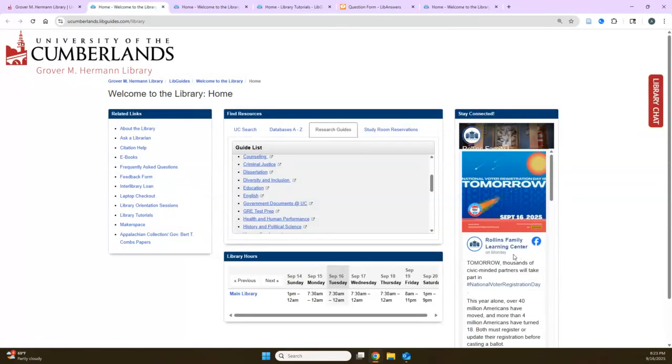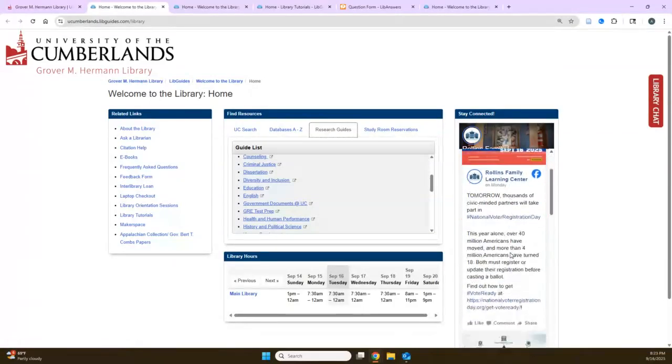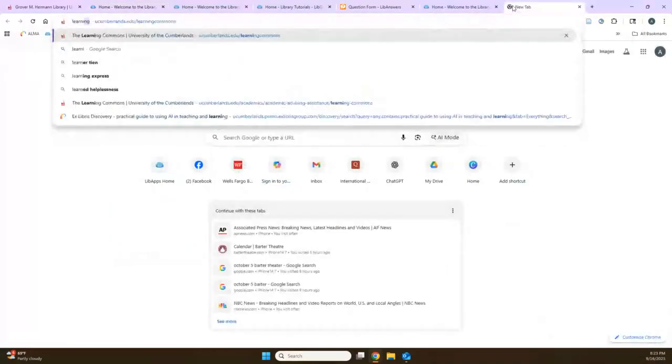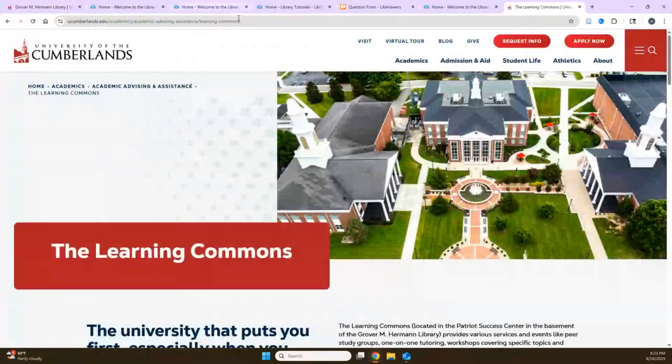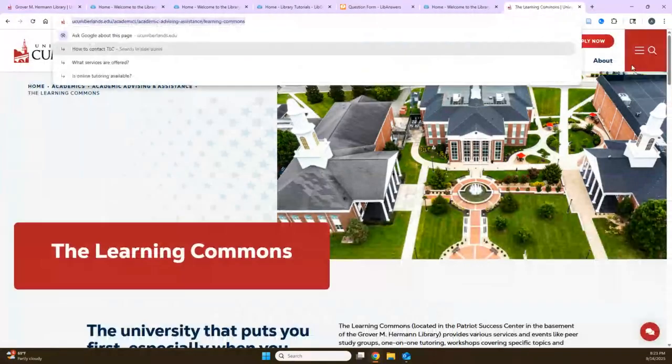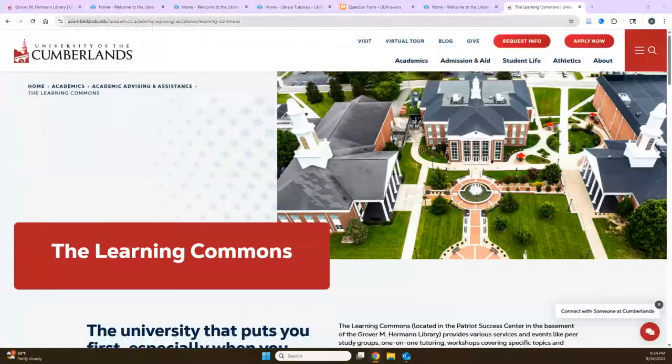You'll notice it's not called the library, it's called the Rollins Family Learning Center, and that's because it also includes our Learning Commons, which has a tutoring center and a testing center. So they also have the Graduate Writing Center. I'll just pull up their page so you guys can see how awesome and amazing they are. This is the Learning Commons. I'm going to copy that link. You're just going to have a whole collection of links